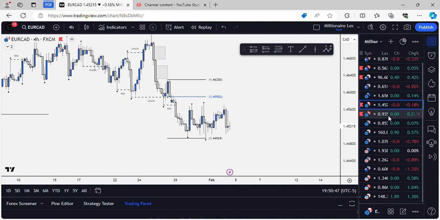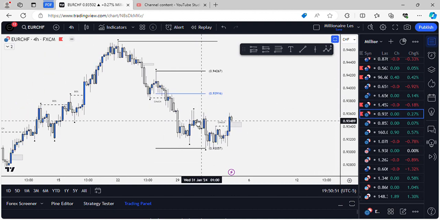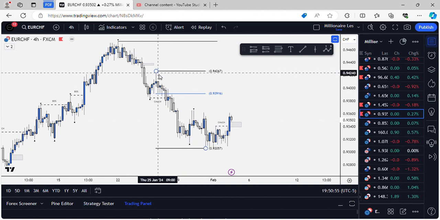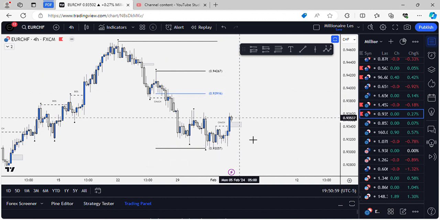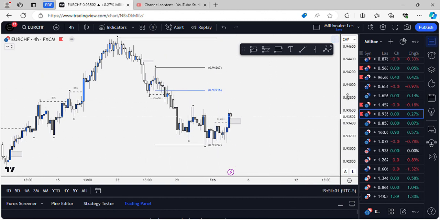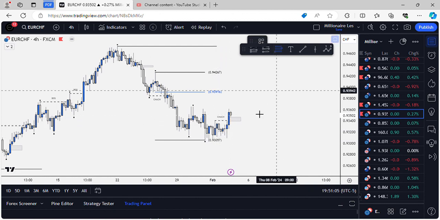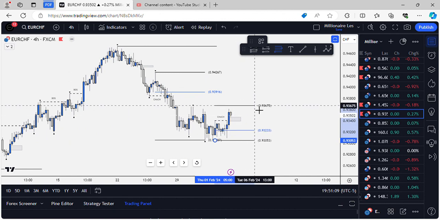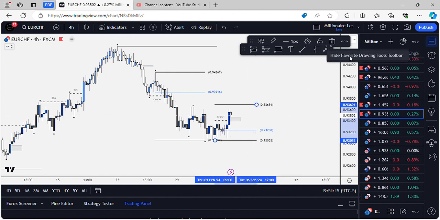And then last but not least, what's left on my watch list for next week? EUR-CHF once again had a change of character. I have my potential high, my potential low, and really just want price to pull back into this area and then dip. Now, what I see here is a change of character. So depending on how much price pushes, I'll draw my fib level out to a certain point. I have to wait to see how price plays out, and then price comes down.